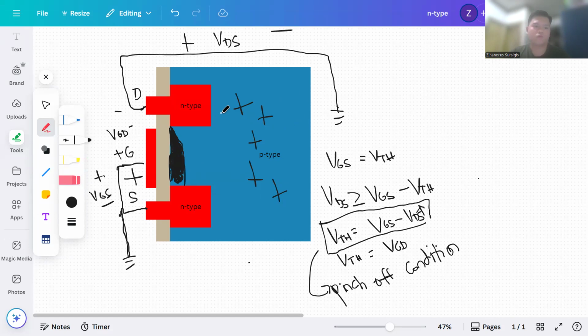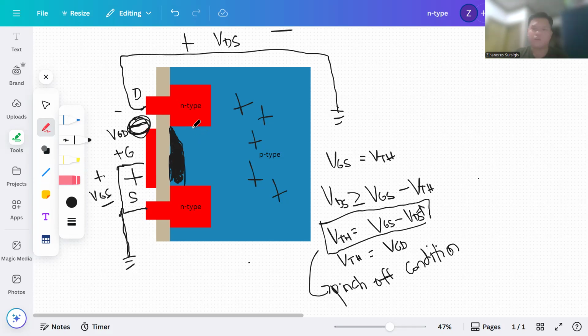So maybe it can also reach negative values. If this VGD is small enough, or another term would be negative enough, for example this region right here is negative enough,